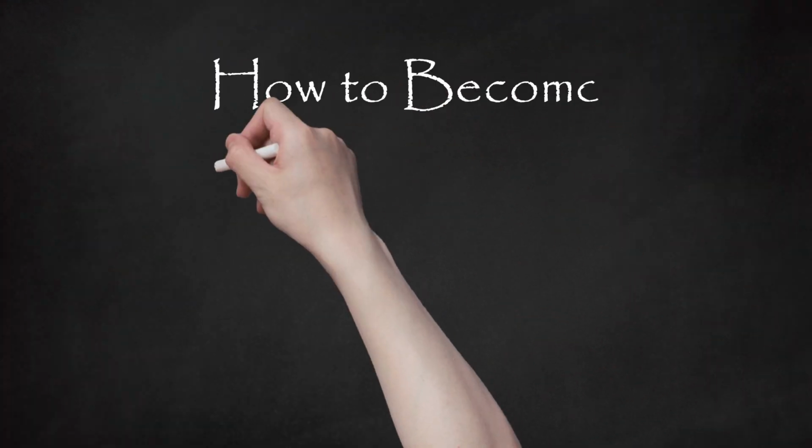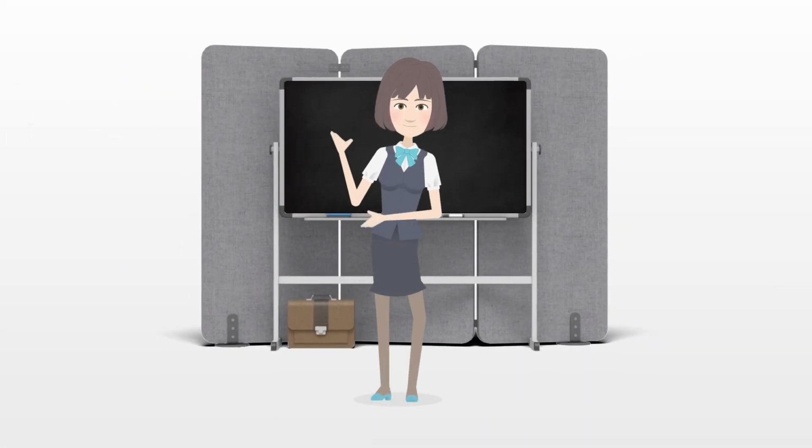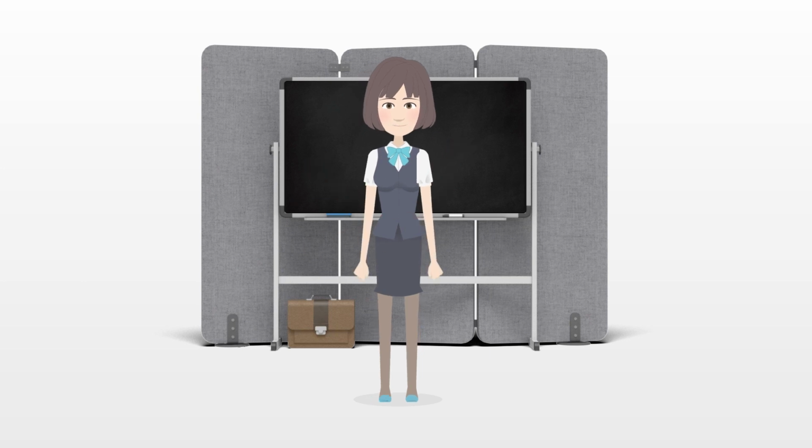How to become an Israeli citizen. As the only Jewish majority state in the world, Israel is naturally a place where many Jews wish to immigrate